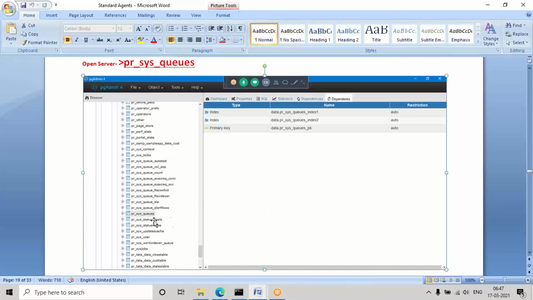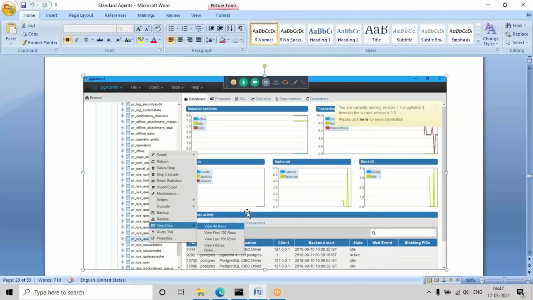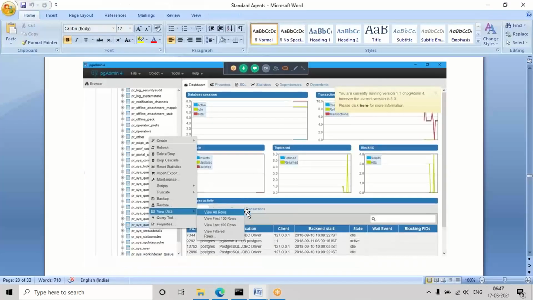See, in your rule base, you'll have one table called pr_sys_queues. Whenever they execute any process like a flow, if you process one record, one item will be added to the table, and when it is added, some status will be generated, like scheduled, now processing. Suppose if any issue is there with the activity rule, it will show the status as failed. Failed means nothing but a broken process. Three statuses will be generated.